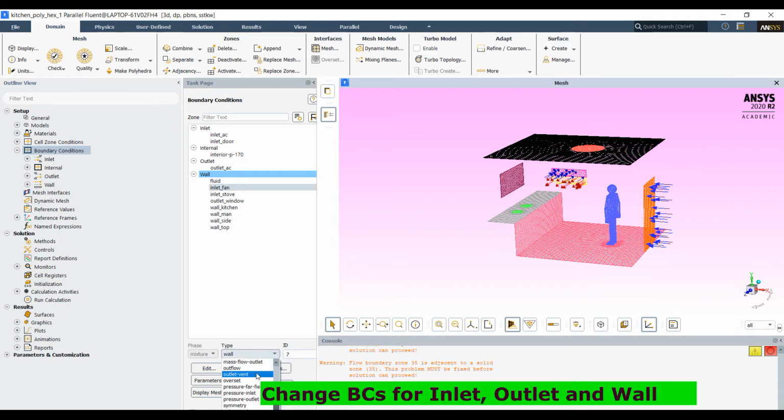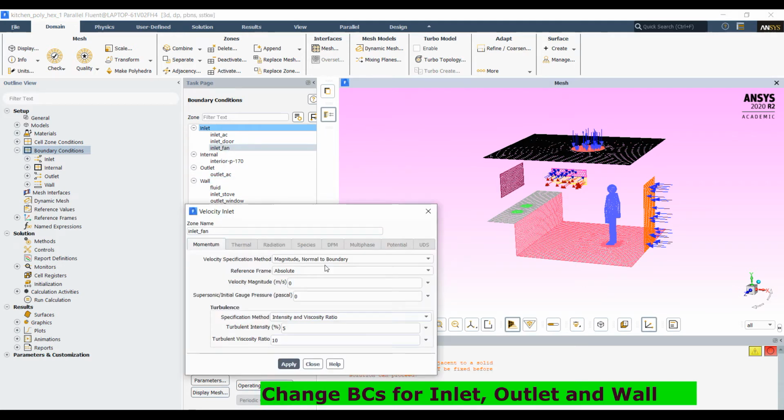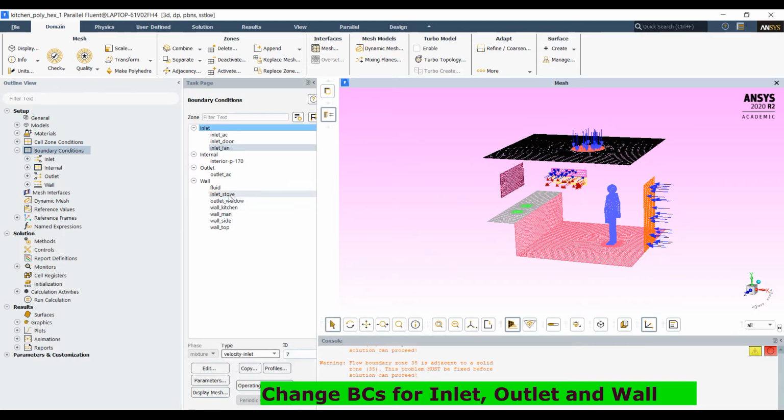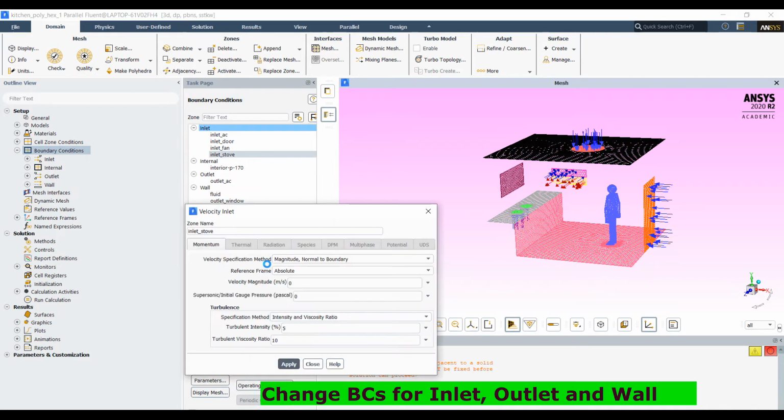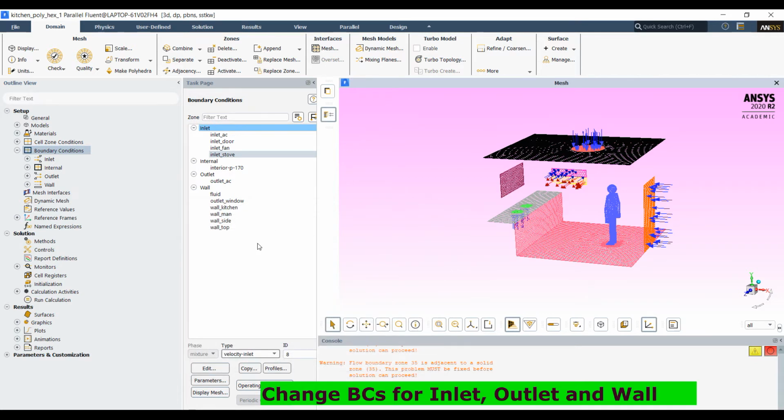For the fan inlet, give pressure inlet, and the stove inlet defined as a velocity inlet. Apply. Then the outlet of the window defined as outflow.